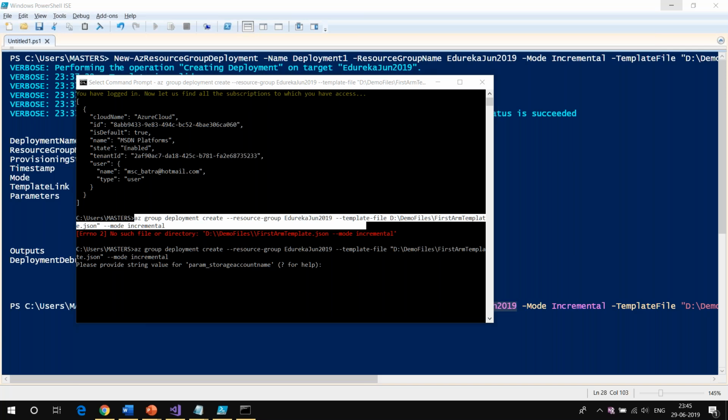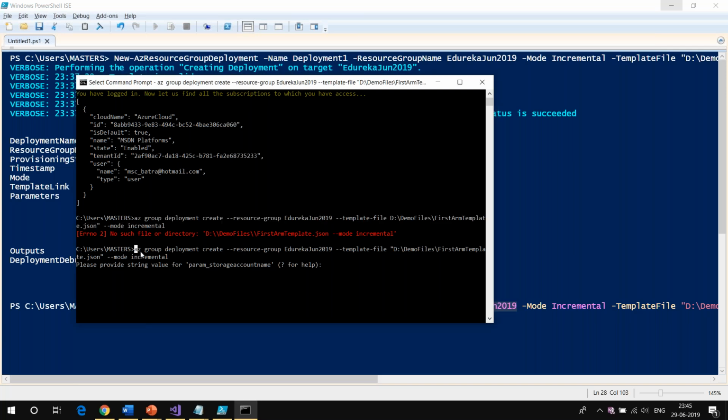And Aziz is asking, so does the Azure CLI have different commands on Linux? No, Aziz, it is exactly the same. So whatever you are seeing here, it is exactly the same command. Okay, and Juma is asking, what is a different mode? Yes, Juma, that's the only thing left. And let me just see if there are any more questions.